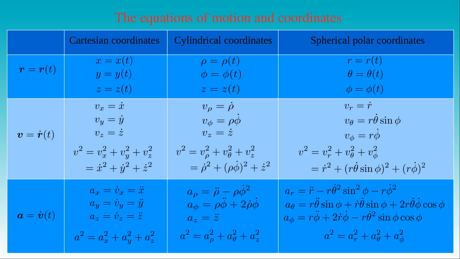Now we see that the kinematic quantities have the simplest forms in the Cartesian coordinate system, and their components have the most complicated expressions in spherical polar coordinates. However, sometimes the motion of a body exhibits some symmetry, that is, the body moves along some regular curve, for example along a circle in circular motion. In such cases, we can utilize the cylindrical or spherical polar coordinate system, since the components of the kinematic quantities reduce to a great extent. Then the description of motion becomes simple in any of these coordinate systems adapted to the symmetry of the motion.